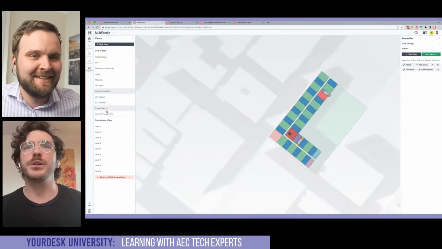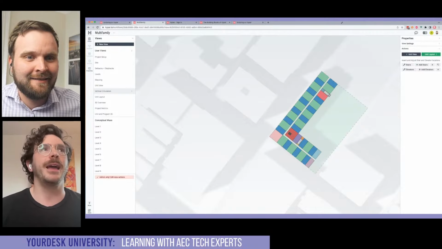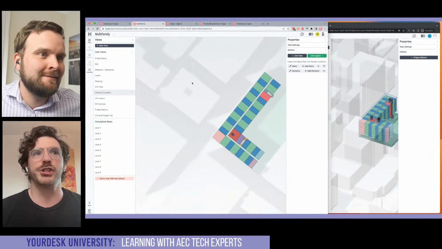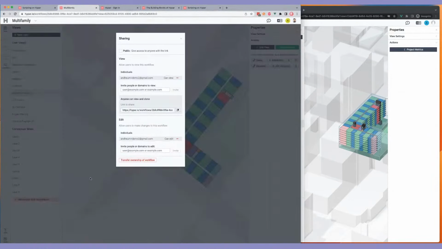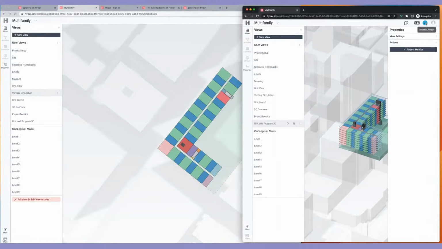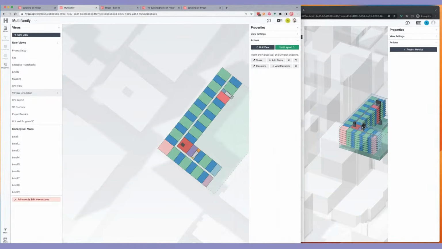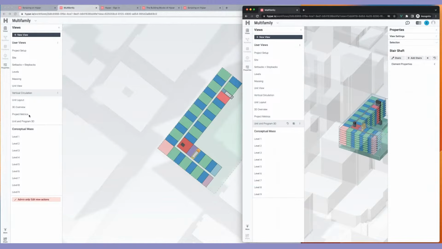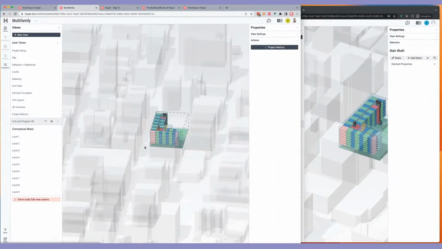So this is the new feature in Hypar. I am in this workflow and I have shared it with another user and given them edit access. And you'll see that I can see the other me, a little avatar up here in the top. If I select an object over here in a 3D view, I can see what object the other user has selected.